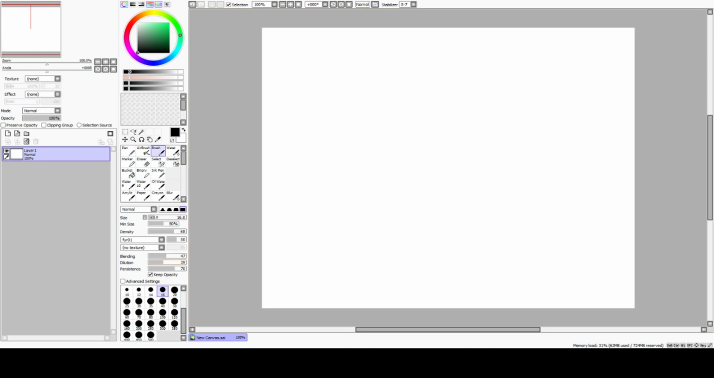Beautiful kind of blend. Dilution gives you a beautiful kind of blend to that too, and the same with persistence. So you have 47 blending, dilution 39, persistence is 70. Keep opacity, please, for the love of God, do not uncheck this. Now, as I was saying, why mine is like this is because I usually go to around here, and if